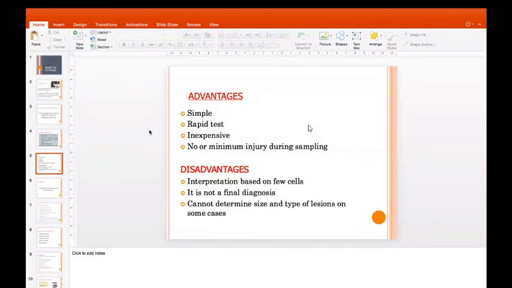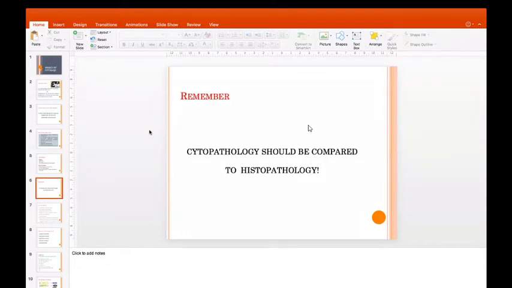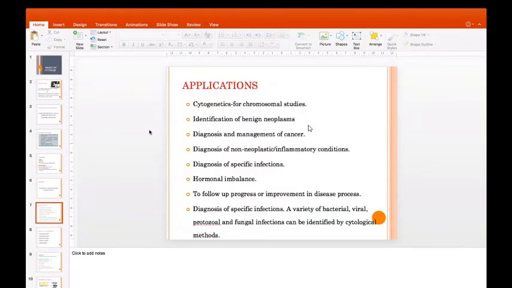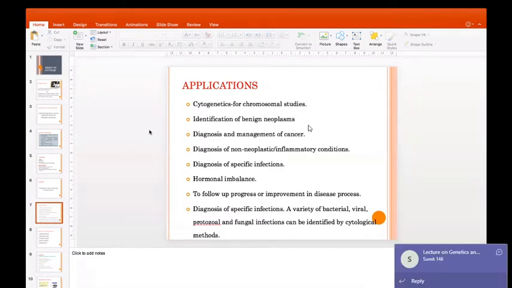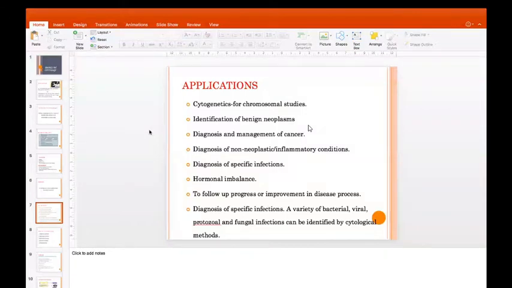Now, applications of cytopathology are for cytogenetics, for chromosomal studies, for identification of benign neoplasms, for diagnosis and management of cancer, so for benign, for malignant, for chromosome, for diagnosis of non-neoplastic inflammatory conditions, for diagnosis of specific infections, for hormonal imbalance, to follow up progress or improvement of the disease process, like you have given the person a particular therapy, even in a leukemia treatment, we have given CHOP and all the treatment, and supposedly the person comes again with the lymph node, and we'll evaluate the person, so we should know we are actually evaluating the improvement in the disease process, whether the lymph node is reactive or it has got some malignant cells.